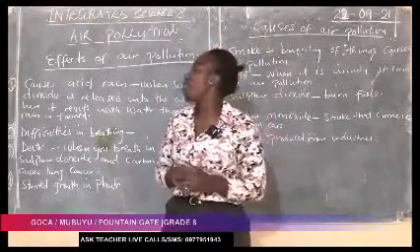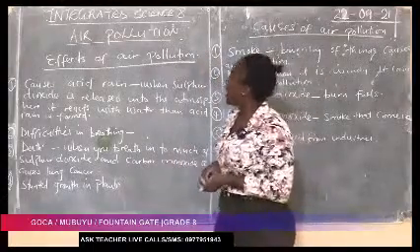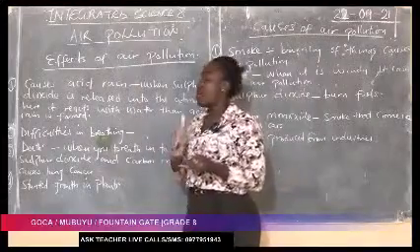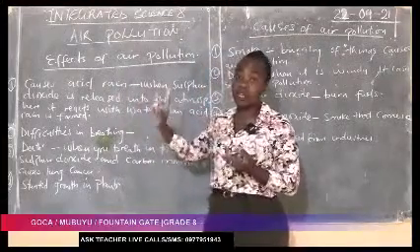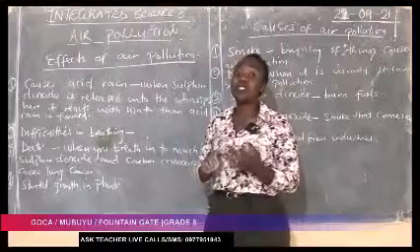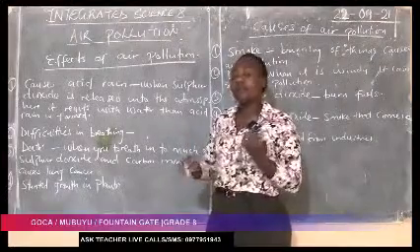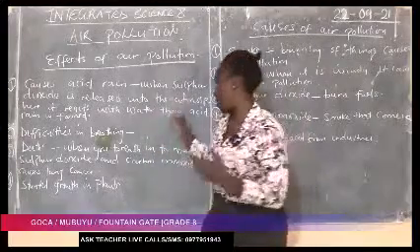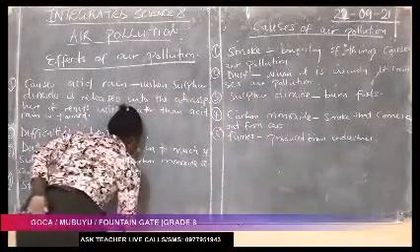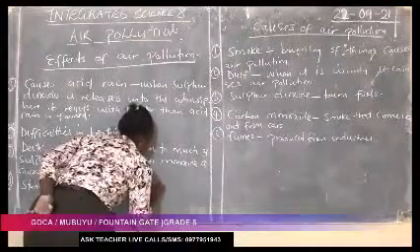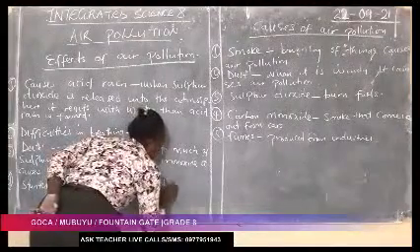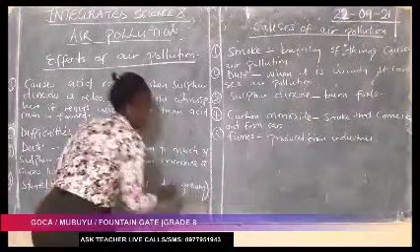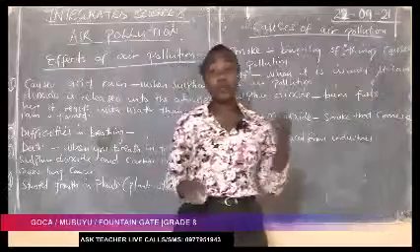Are we together, class? So I have given you 4 effects of air pollution. The first one was it causes acid rain. The second one is difficulties in breathing. The third one, it causes death. And the last one, it causes stunted growth in plants. Plants stop growing. Are we together, class? Okay, so now we know the causes of air pollution.